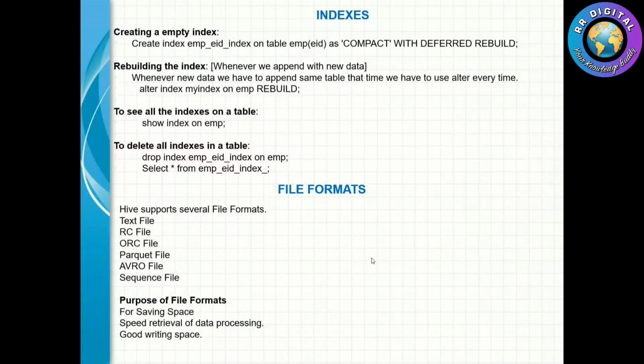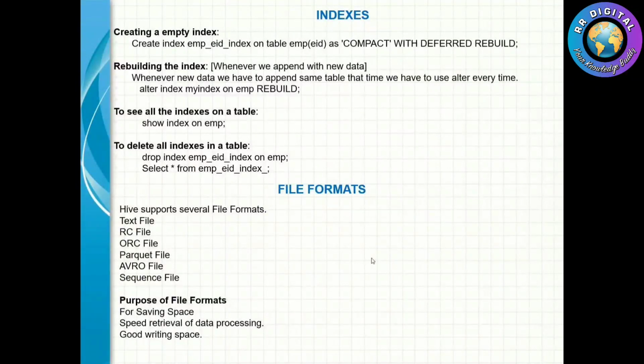Generally in the Windows operating system, if you have one folder, you will zip it, right? Zip means the actual size, say 1 TB, will be reduced after zipping. In the same way here, it will apply compression techniques so that it saves space. Retrieval will also be very fast. Obviously, if the data is compressed and the size is reduced, performance is better and retrieval is very fast, and it saves writing space.